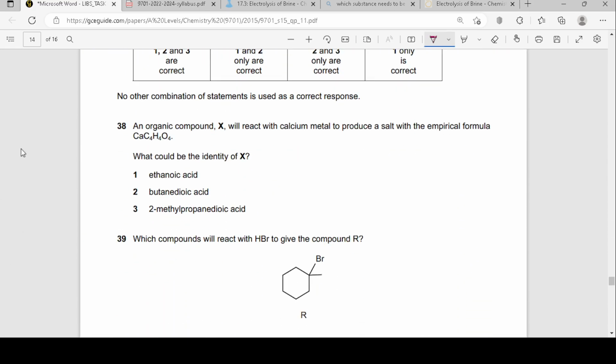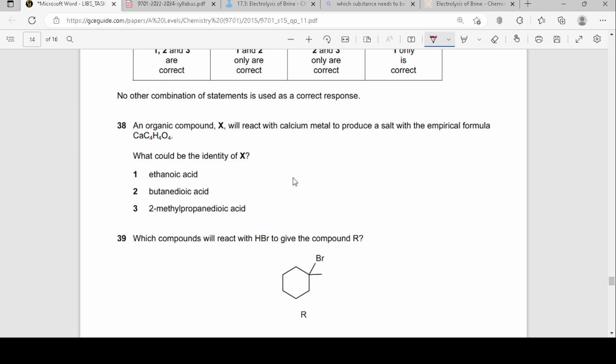And now if I look at question number 38, that is: an organic compound X will react with calcium metal to produce a salt with the empirical formula CaC4H4O4. What could be the identity of X? Okay, so